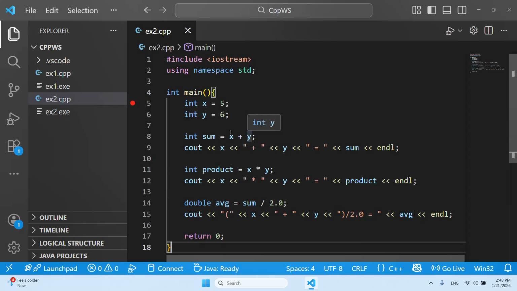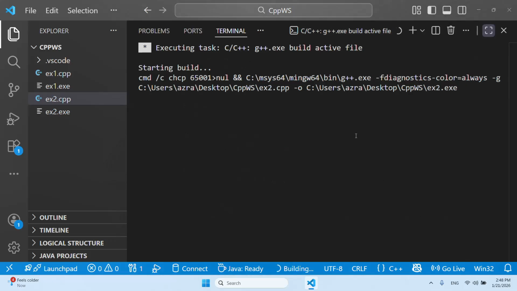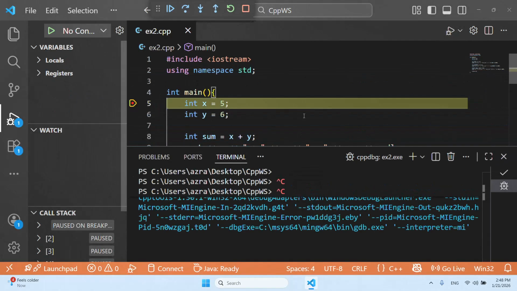But if you want your program to execute a certain number of statements and then stop at a particular point, let's say you'd like your program to first execute these 4 lines and then stop at 11, you could just put a breakpoint in here too. For the sake of this example, I would like to put the breakpoint in the first statement. Then you go into the debug run button again. But this time, instead of choosing run, we would like to choose debug. All right. When we do that, the program is going to start executing, and the execution is going to stop at that particular statement in your program.